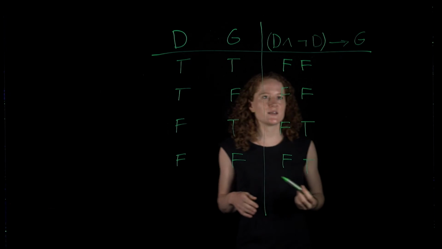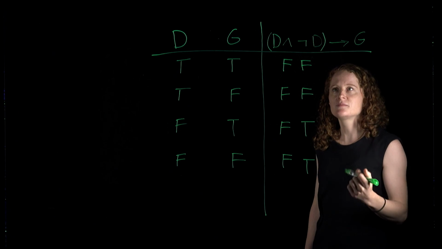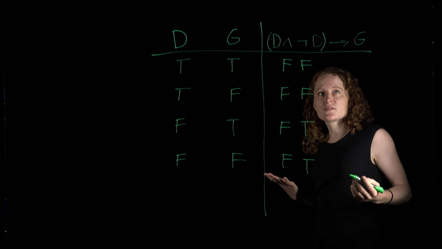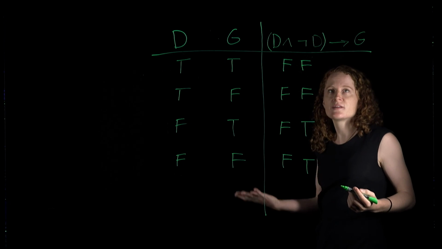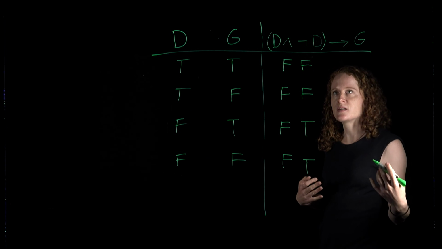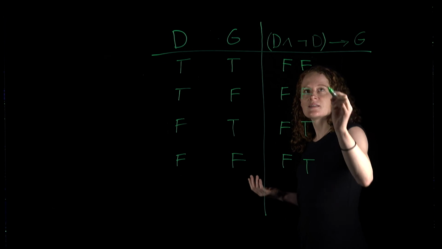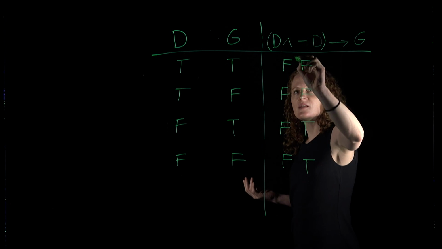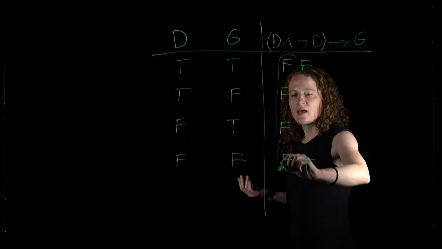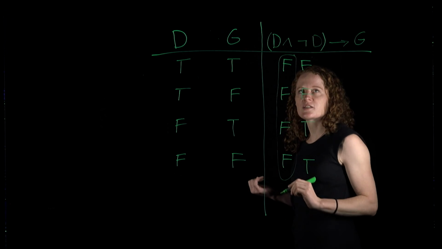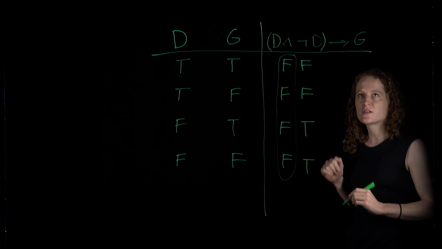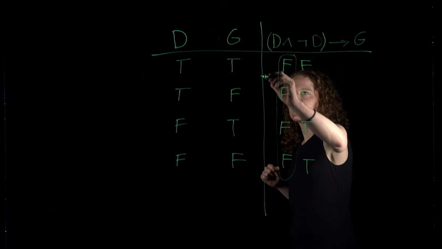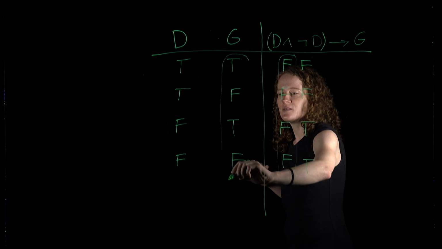Okay, let's finally move on to the conditional. I know that the truth value of a conditional depends on the truth value of its antecedent and the truth value of its consequent. So in this case, the antecedent of the conditional is this whole conjunction here. And so I need to look at the column under the conjunction sign when I want to determine the truth value of my conditional. And the consequent is the atomic sentence G, so I also need to look at this